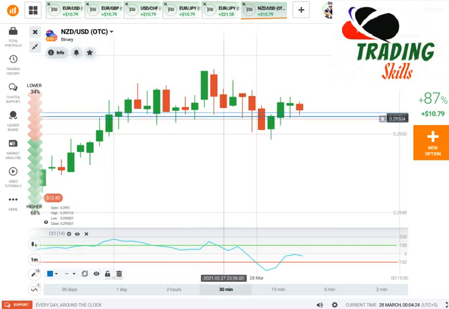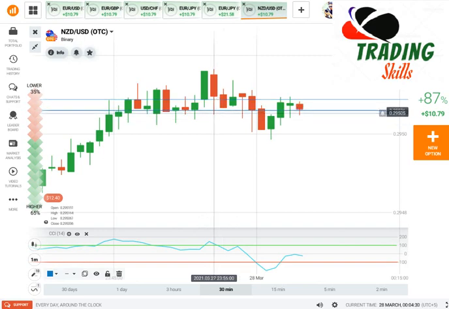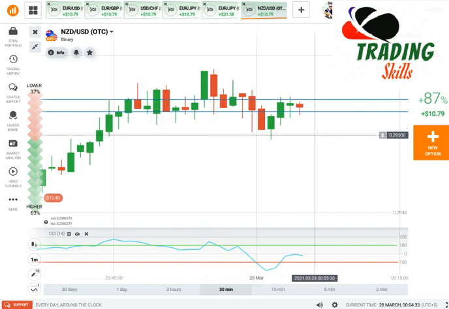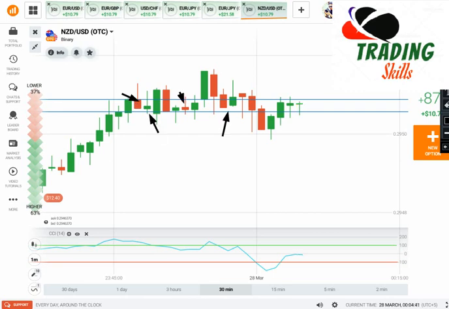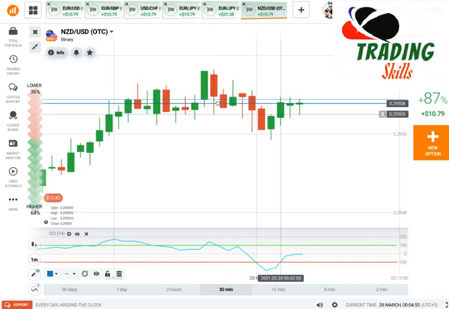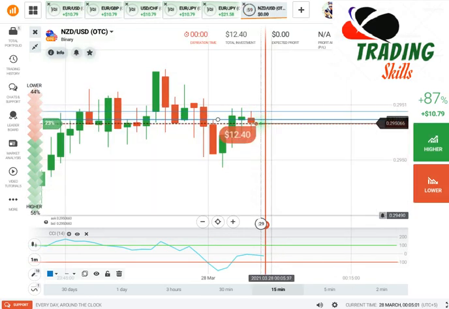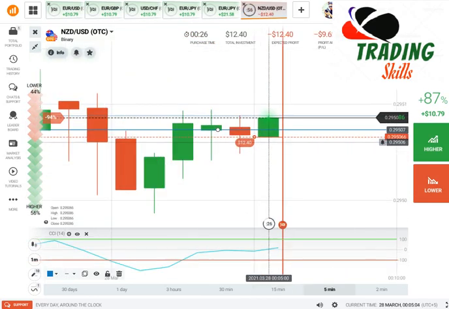Okay, so as I told you, this is your SNR area. So now you can see here in this zone, you can see resistance, support, resistance, support, again resistance. So in this way you can expect here a seller's entry. So let me draw it clearly. So now if I go here with the sellers, you will see here, okay, as I told you, market closed